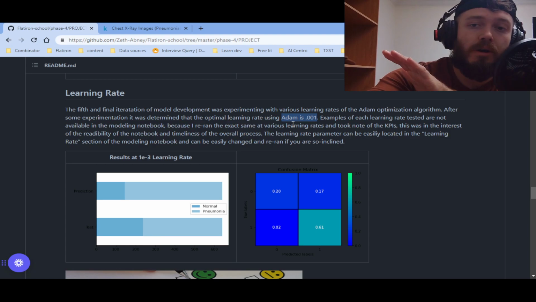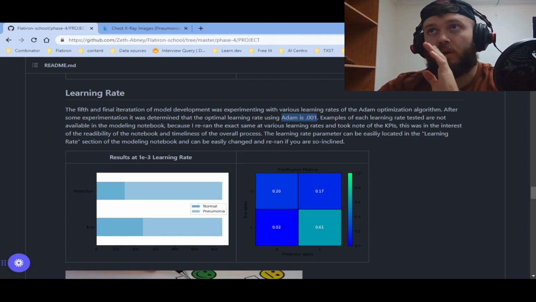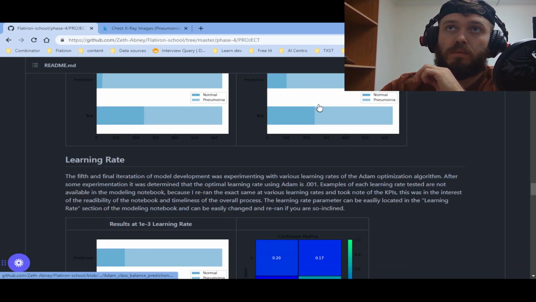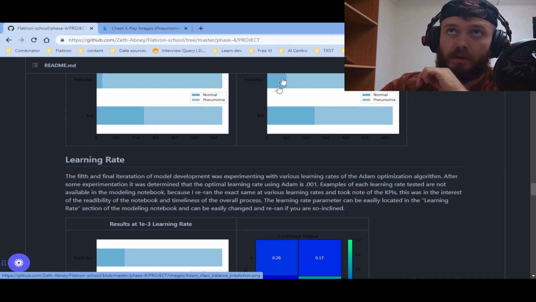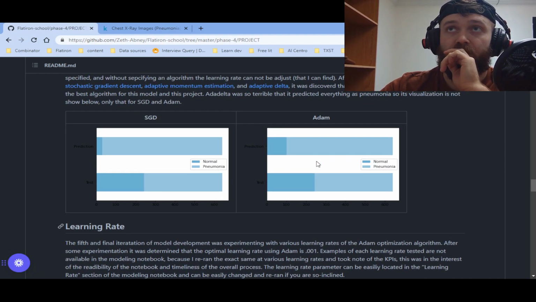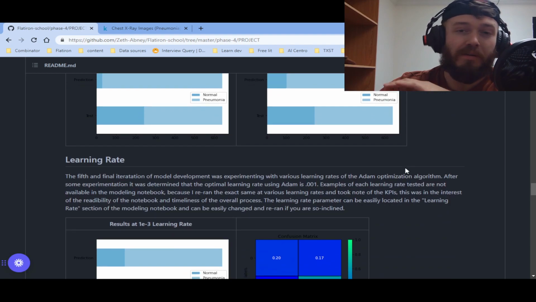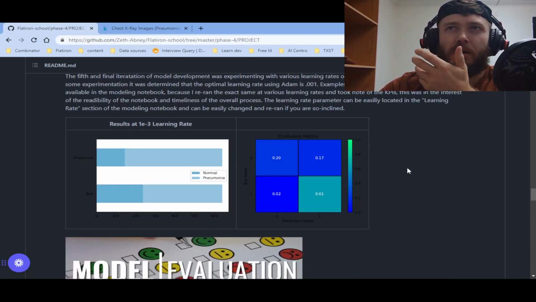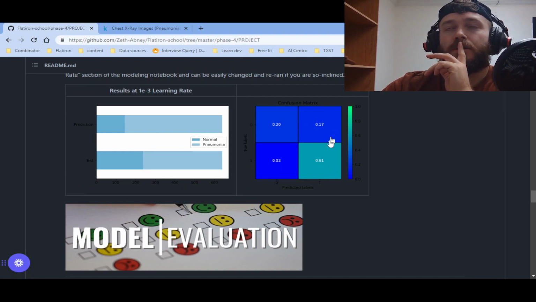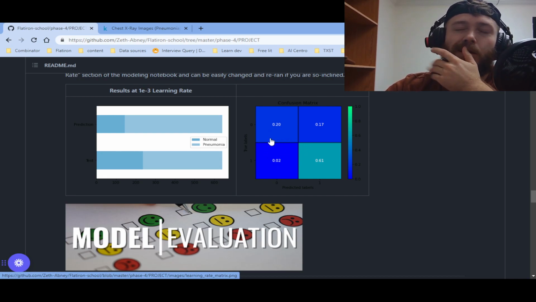Anyway, the learning rate, I tried a lot of different ones. Turned out that the default learning rate, 0.001, was the ideal one. And you can see, if I can get them both on screen, yeah, just barely, there was a measurable improvement, which is weird because it's the default learning rate. But anyway, maybe I'm not remembering that correctly. So again, we're getting a little bit of improvement with our confusion matrix. Not a ton, but